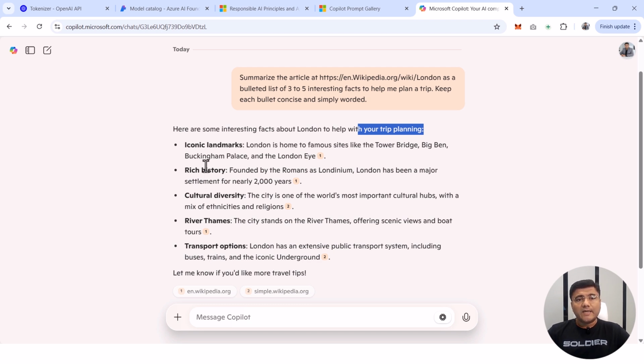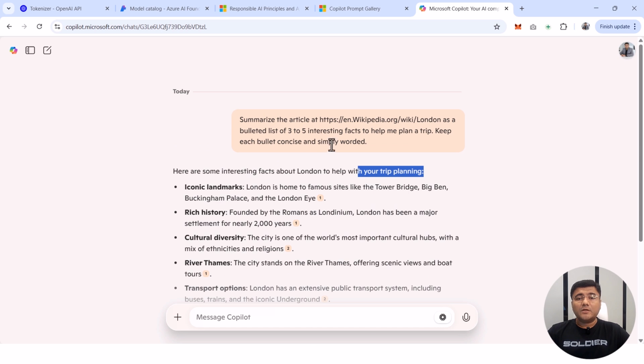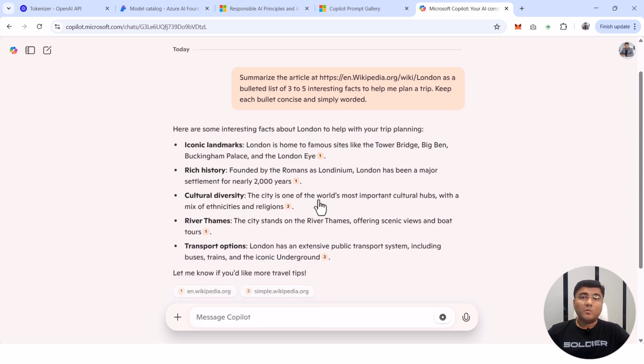It's showing me things like London is having iconic landmarks, rich history, cultural diversity. Now all these things are true, but maybe I want some more information. After a good prompt, if you want more information, what you can do in step number 5? Well, you can iterate further. Maybe after this, I want to ask another question like, how easy is it to get around the city? Because my Copilot already knows my context, already knows the source, it is going to find out the answer to this